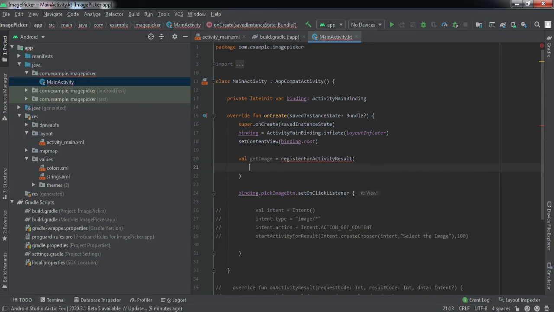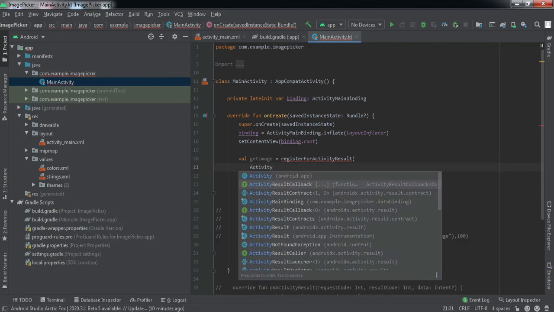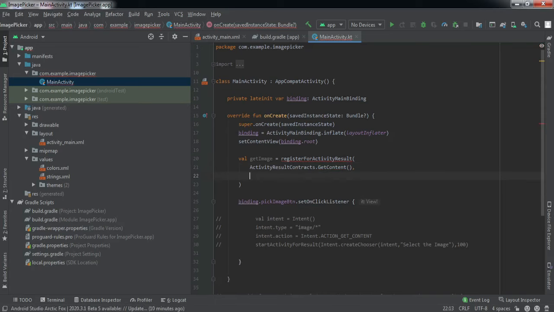Inside this, as a parameter, we pass ActivityResultContracts, right, with the s at the end, dot. Basically this defines, like here we used to define action get content. So this particular register for activity result is to get the content, and the second parameter is the callback, right?